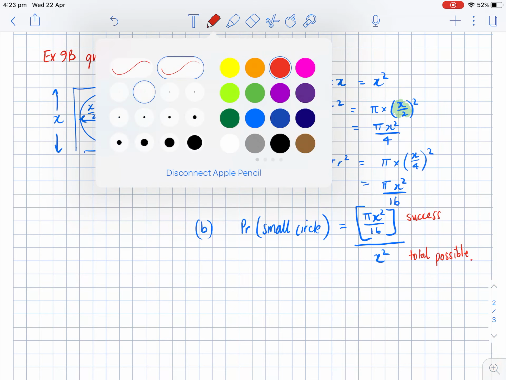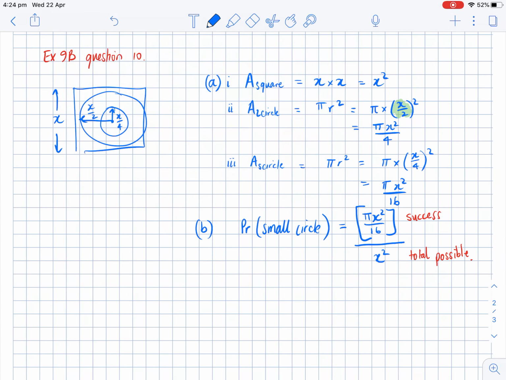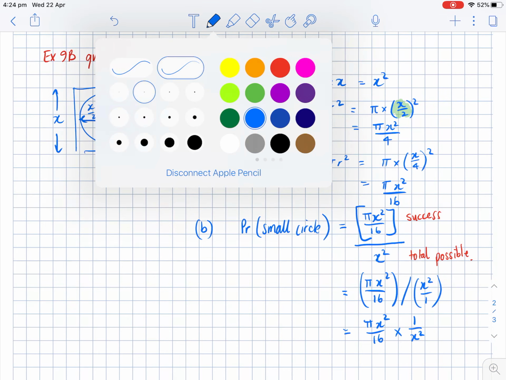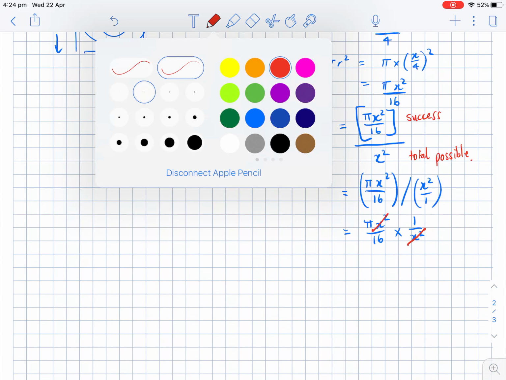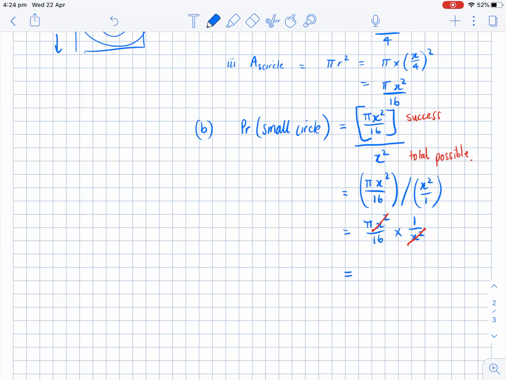Alright, so this is relatively straightforward from here. I've just got to have some good algebra skills to work through it. So I've got a fraction divided by a fraction. So there's my top line divided by x squared on 1. Now I've written it as a fraction divided by a fraction because then I can use the idea of flip the second one upside down and multiply instead. And by doing that, I can see I've got an x squared on the top and an x squared on the bottom. They cancel each other out, and I'm left with a final answer of